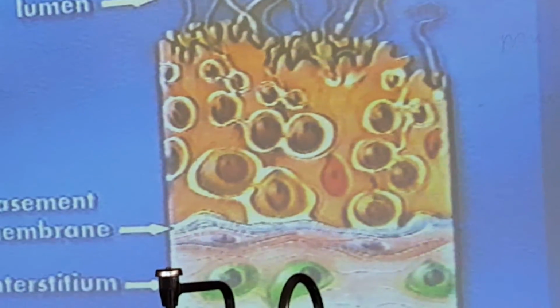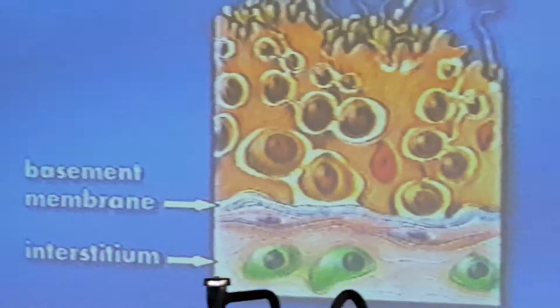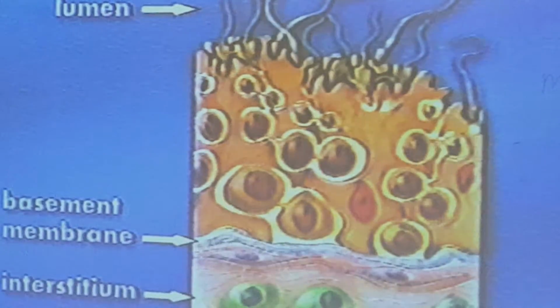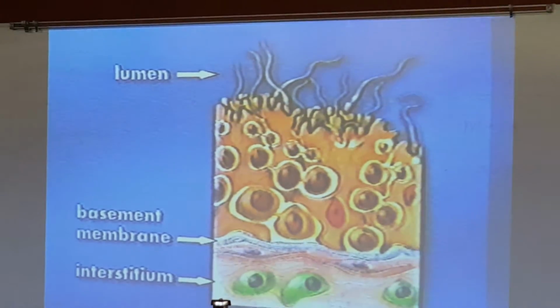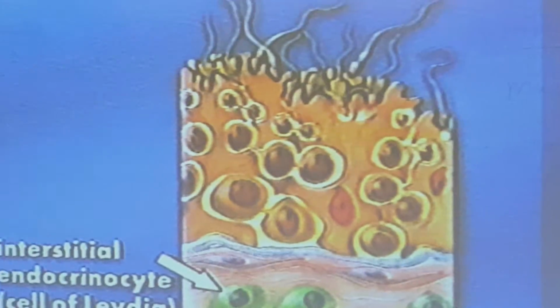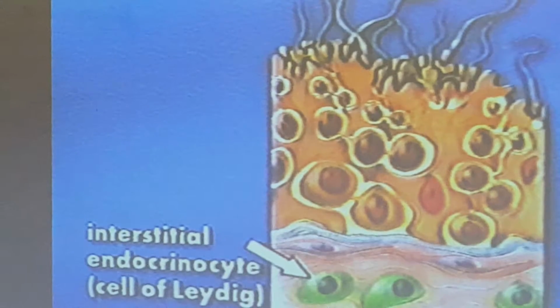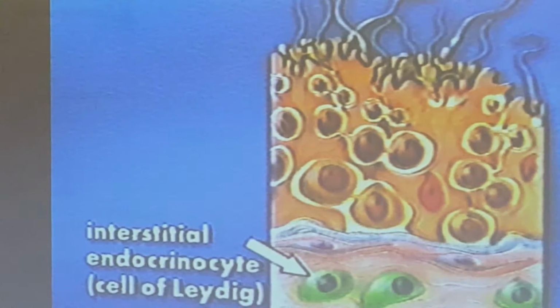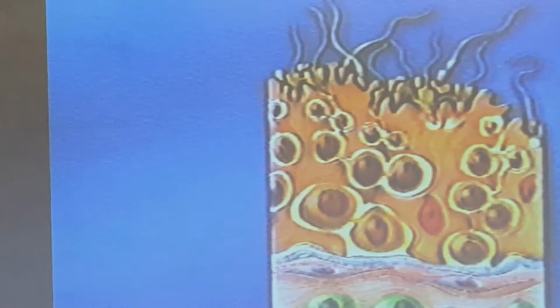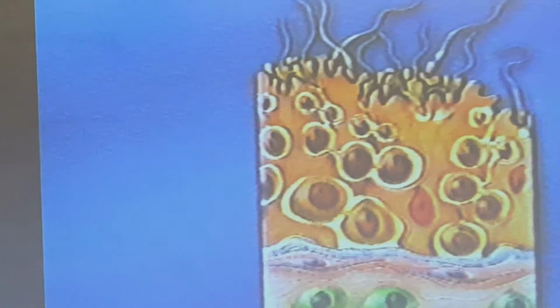In this illustration of a cross-section of a seminiferous tubule, we can identify these 3 cell types. Lying in the interstitium of connective tissue between adjacent tubules are the interstitial endocrinocytes, or cells of Leydig. Their most important secretion is the hormone testosterone. We saw that. This hormone plays several different roles in the development and function of male reproductive organs throughout puberty